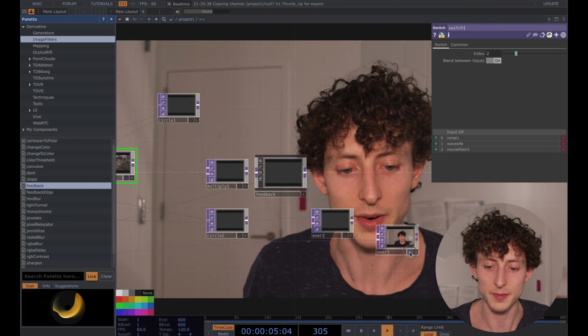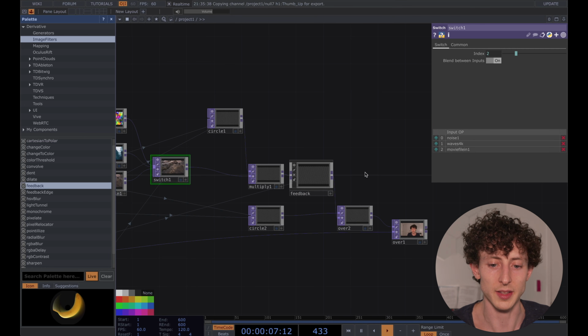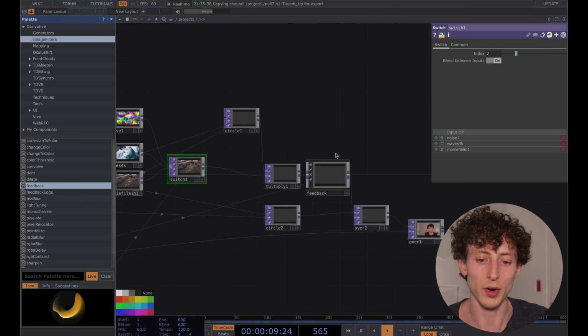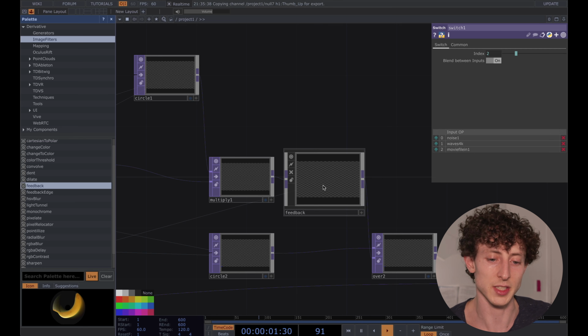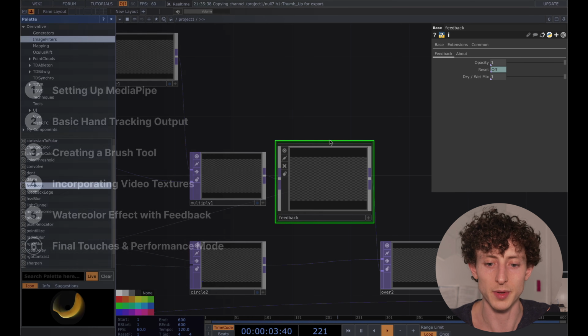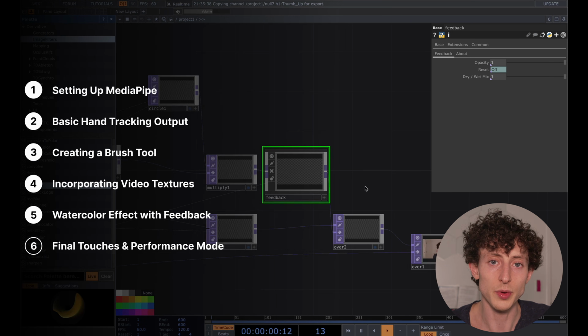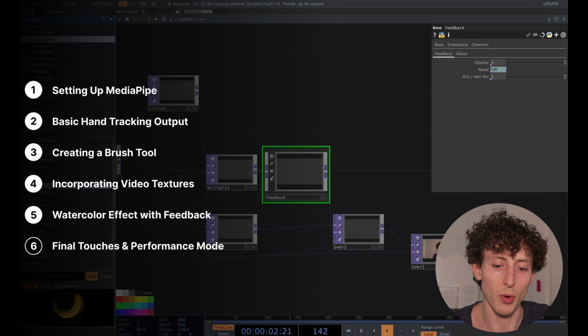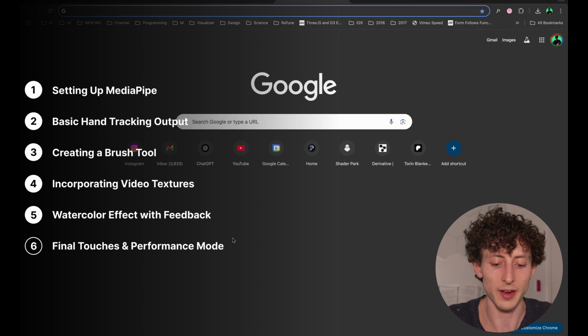So for this last part, what we need to do is basically just create our kind of watercolor effect. And the way we can do that is actually by modifying this feedback loop. If you are new to feedback and you want to learn more, what I would recommend doing is heading on over to the